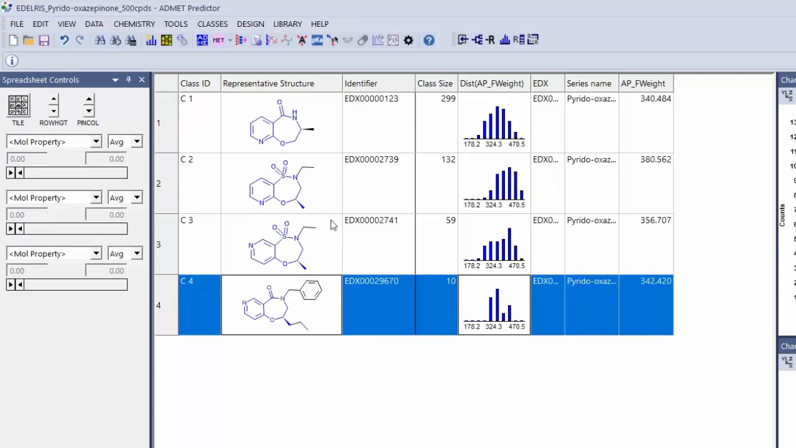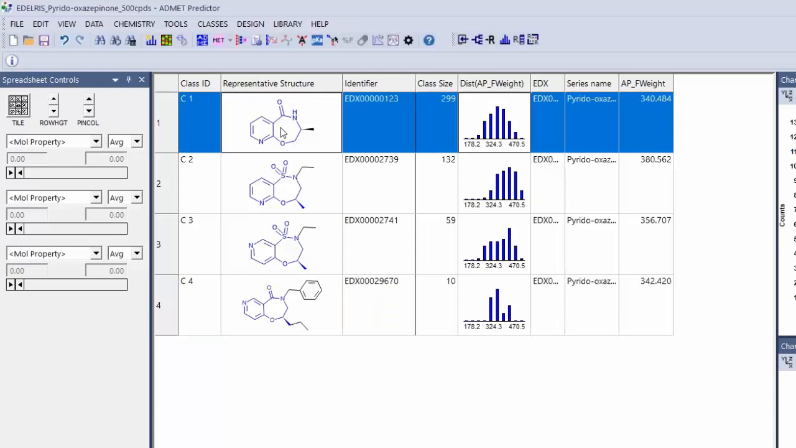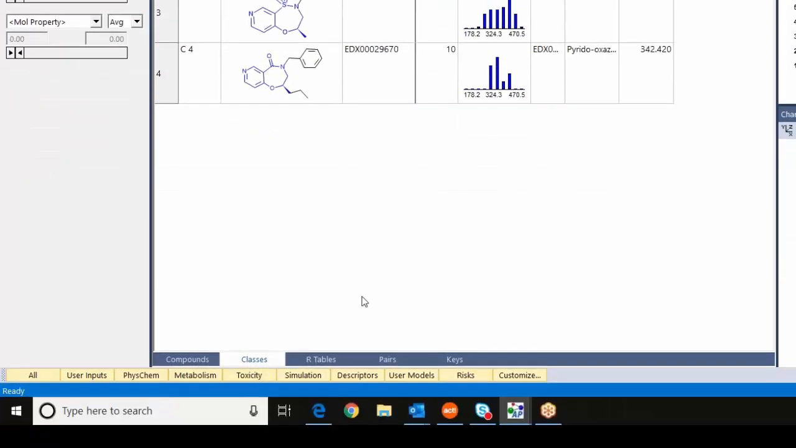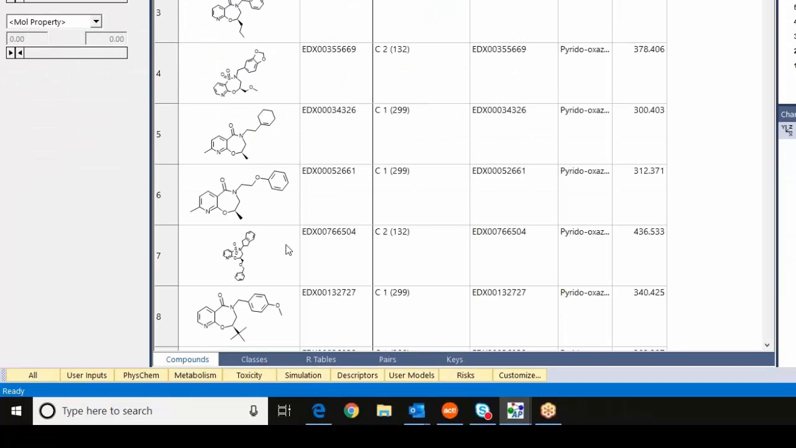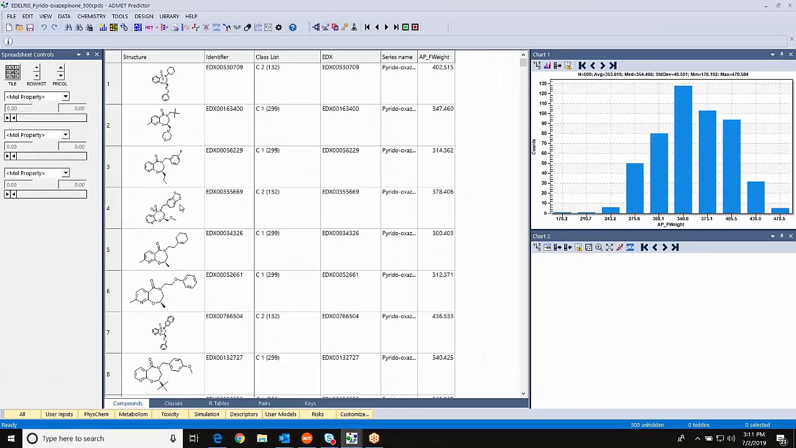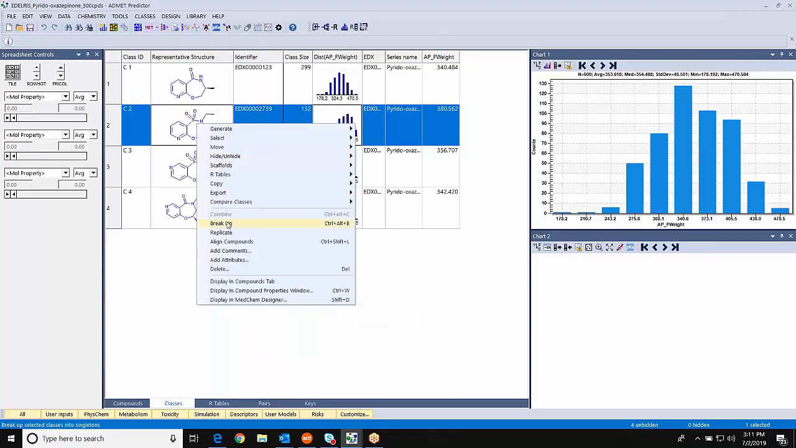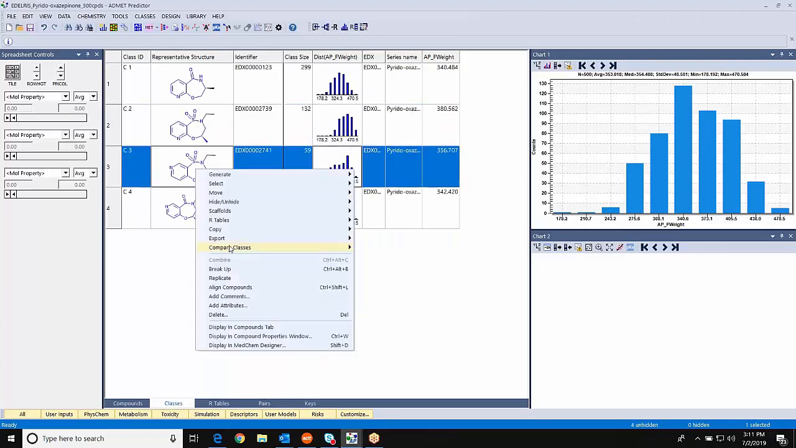Okay, so that's that. Now what's pretty cool is that if you want to propagate that alignment to the compounds themselves, all you do is right click and say align compounds. Now if you go back to your compounds list from class 1, you will see that they're all aligned in the orientation that I put them. And of course the other ones are not, because I haven't touched them yet, right? So we can do that for all of them. So align compounds, right